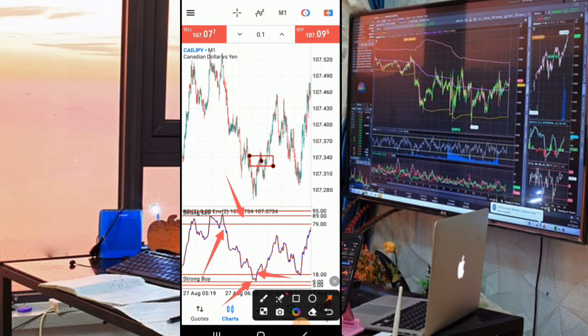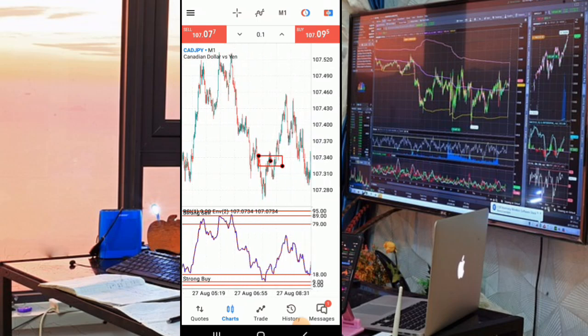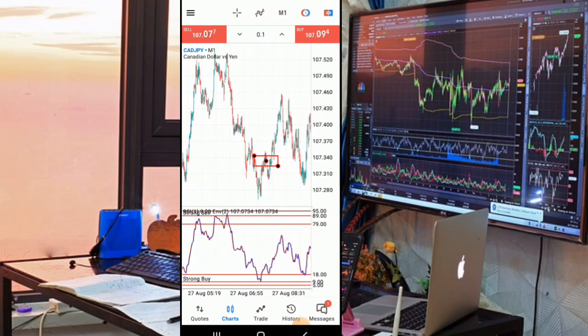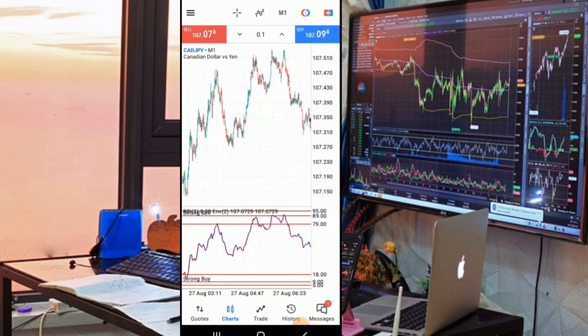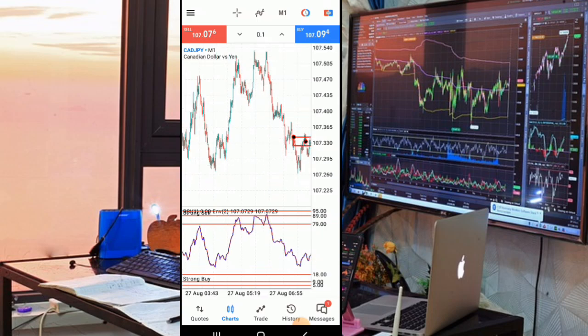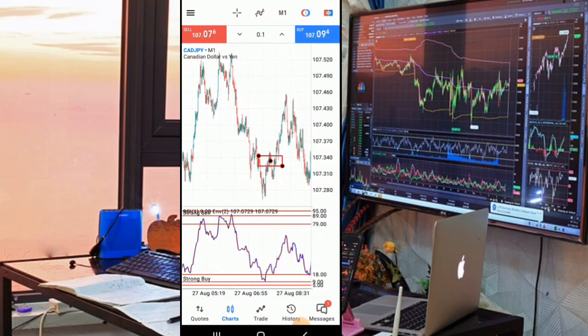As easy as that. So now let's take it step by step. Remember, move the chart sideways so that you are sure that price is not repainting. For instance, you see when I move the chart, it moves its position on the higher point. So let's start here, my dear friends. So down here,